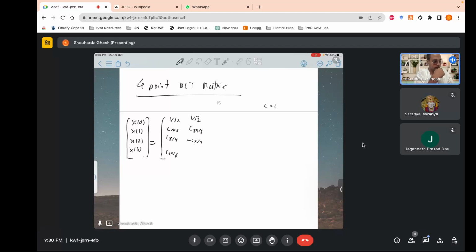C is actually cos. c pi by 8, 1 by root 2, c 3 pi by 8 minus c pi by 4, c pi by 8, 1 by root 2, times x0, x1, x2 and x3. Okay,